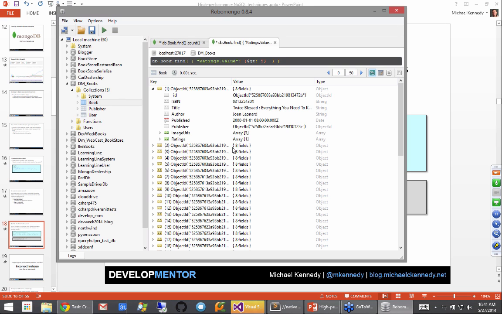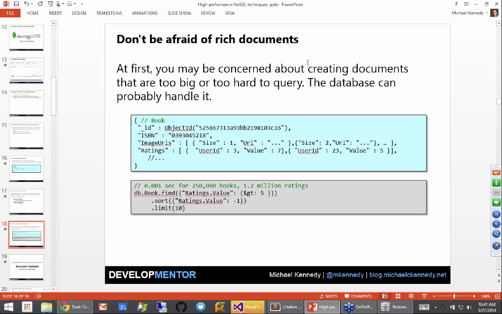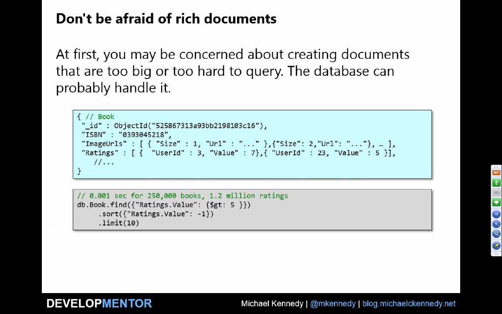So the point is, don't be afraid of creating these rich documents and then not being able to query them. The reason that document databases are amazing is because you can create these hierarchies that are exactly the way you model your objects in your application, and yet you can still query them as if they were like this disassociated normalized set. Okay. Some people think, well, I could just have SQL Server with a primary key and like an XML field. No, it's not the same thing, right? Technically the structure's there, but the query is not the same.